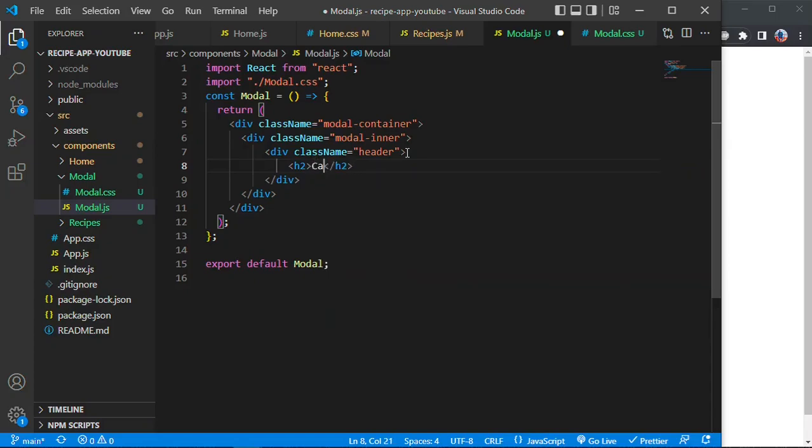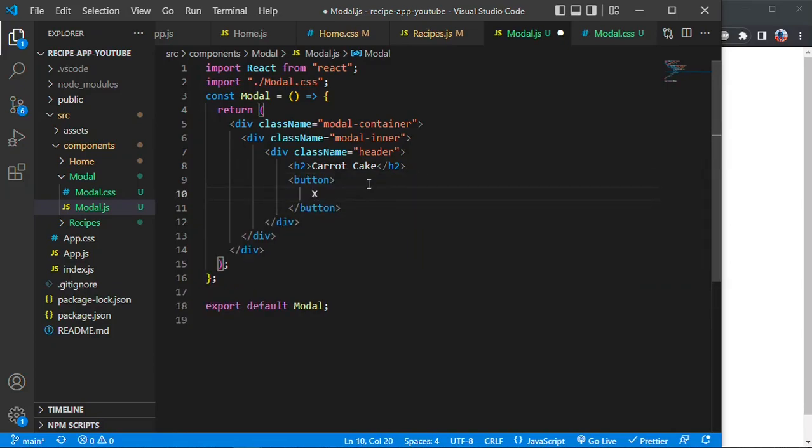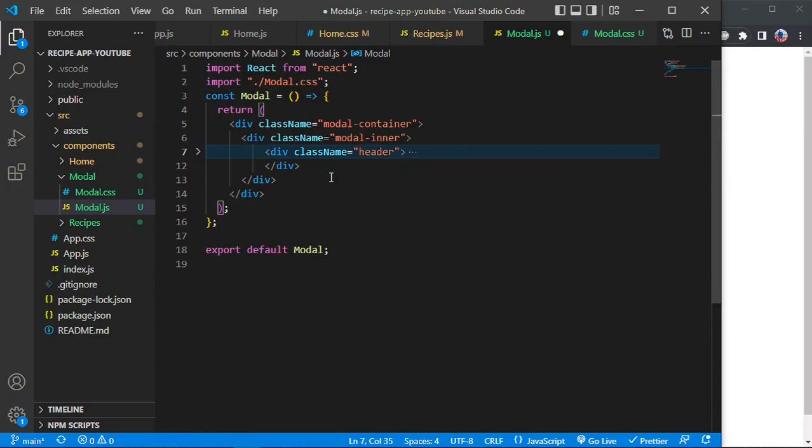For now we're building with carrot cake, and then we're also gonna have a button that actually closes the modal once it's open. We're just building up this thing. Close modal, and we're gonna have modal